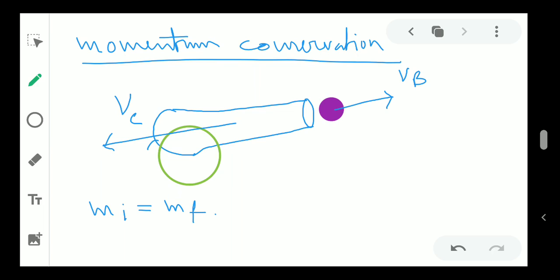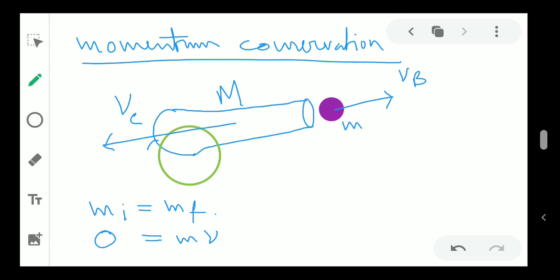In this case the initial momentum was 0, because let's say the mass of the cannon is M, and the mass of the ball is small m. M is not 0, but the velocity before the ball was fired was 0, so initial was 0, and the final was